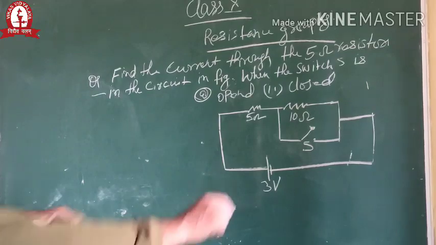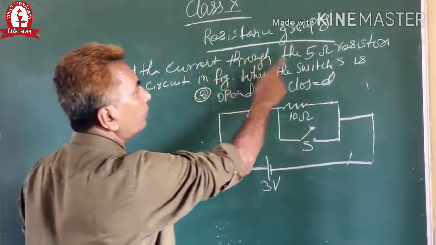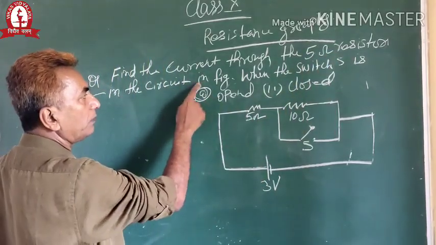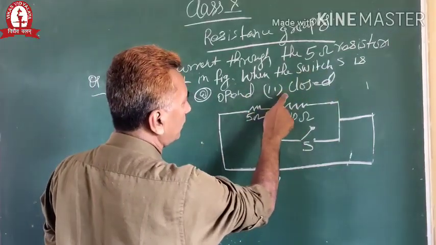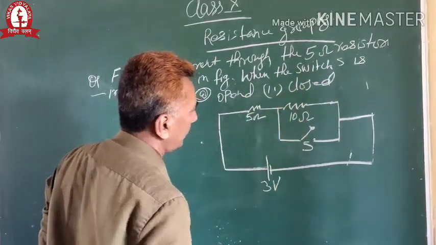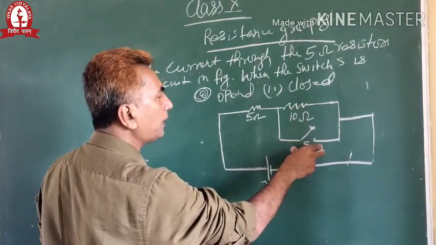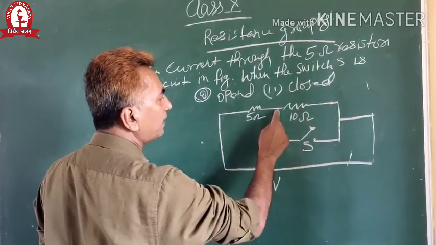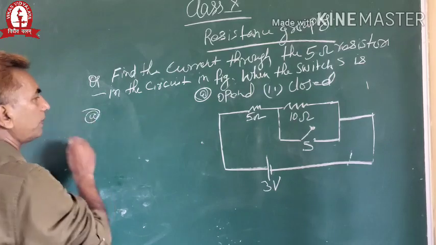चलिए यही क्वेश्चन देखिएगा. Find the current through 5 ohm resistor in the circuit in figure when the switch S is open and when the switch is closed. तो फर्स्ट केस हम लोग लेते हैं जब ये सर्किट ओपन है. ओपन का मतलब होता है देयर इज नो सिग्निफिकेंस ऑफ कनेक्टिंग द स्विच. इसका कोई सेंस नहीं है. मतलब वो फिगर अगर करेंगे ओपन के लिए ए पहला ऑप्शन हम लोग समझते हैं.